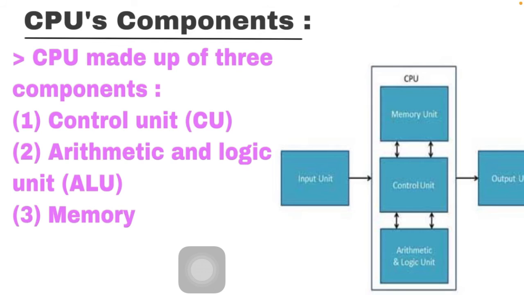After preparing the information, the ALU sends it to the control unit, and the control unit sends the prepared information to the memory unit. The memory unit stores the information and finally sends it again to the control unit, and the information received by the control unit is finally shown on the output devices. So this is our working method of the CPU, how the CPU works. We know that the CPU is the processing part, and now we also know which parts are mainly used for processing any type of data and program in a computer.